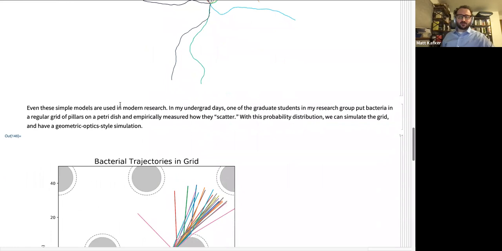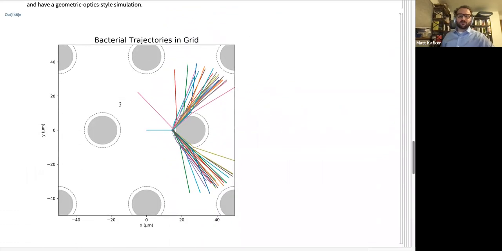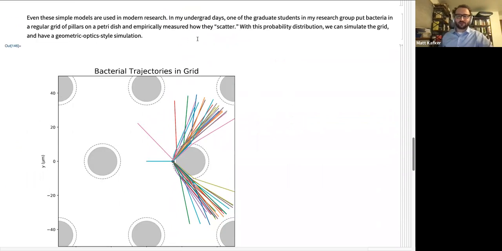So one interesting extension of this: they had these cells swim around on a petri dish, but they put a regular crystal grid of plastic pillars in the petri dish, and then just put the cells under a microscope and watched how they interacted with these pillars. So they had this scattering behavior, essentially, where the cell might hit a pillar over here and it might swim around and change its mind and go back some other way. But at a certain point, it would leave the pillar at some angle in some direction. And that gives you a probability distribution.